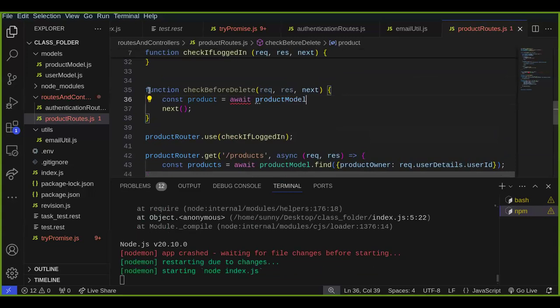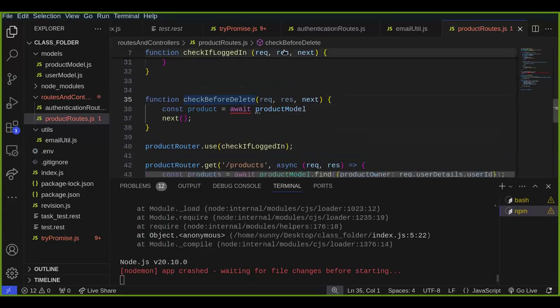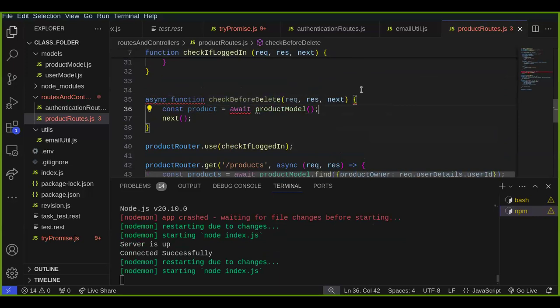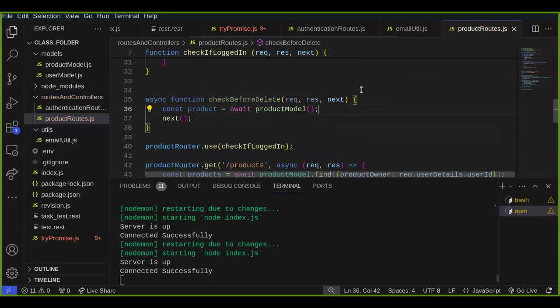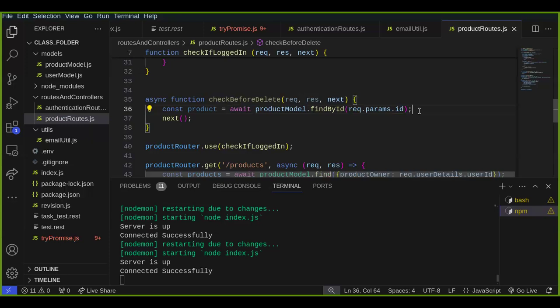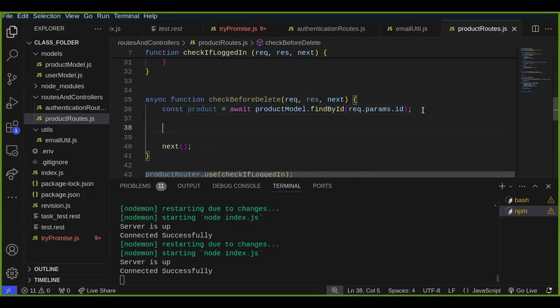And of course, you can mark your middleware as async. So await product model, sorry, dot findById. Then you say find where the ID is req.params.id. So before you even delete, you want to find by ID, then check